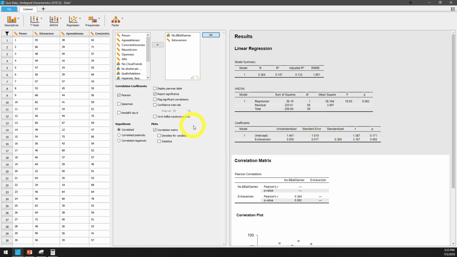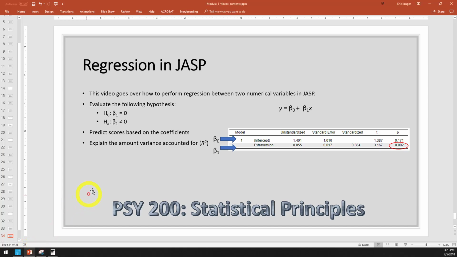So that is the kind of summary of everything I want to tell you about regression